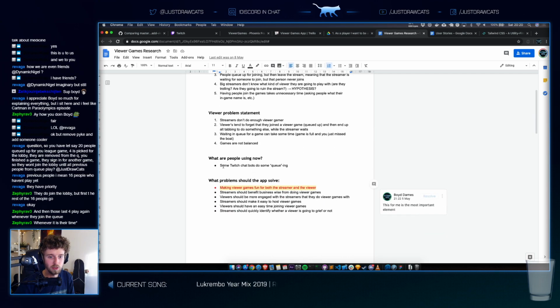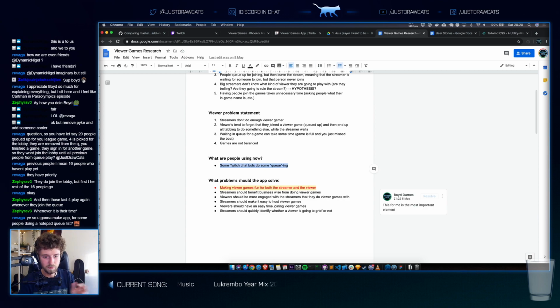Some streamers, I don't know the bots' names because I just remember this from memory, but I've seen streamers that have bots that will let you join a queue, and then the streamer will do some sort of command, and it just shows the last 10 people or so in the queue. It will show the list of people in the queue, and then the streamer will ask the people individually and pop them off from the queue if they don't respond in time.